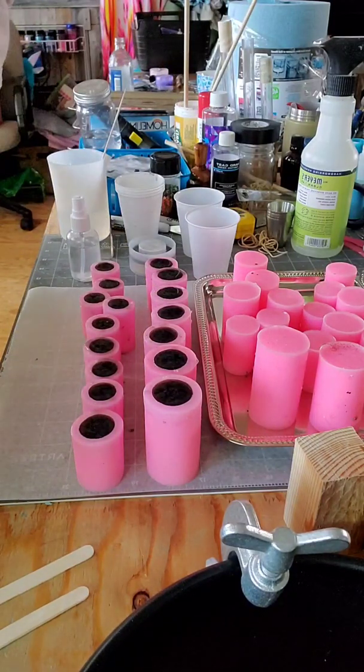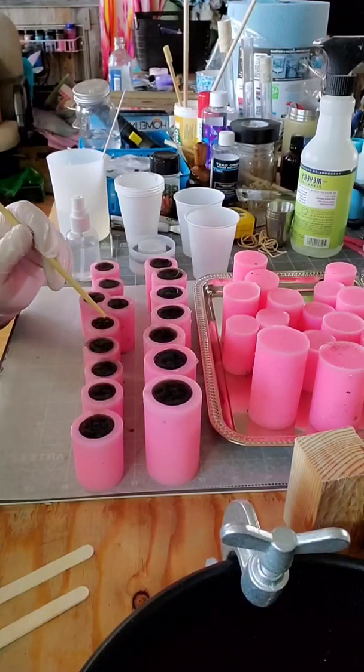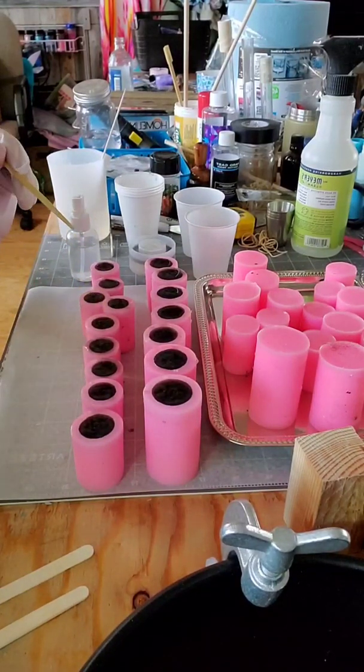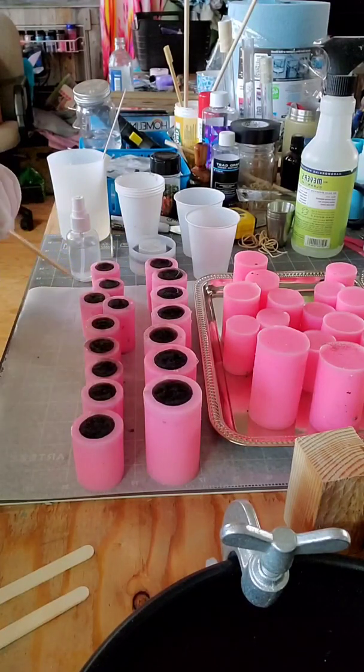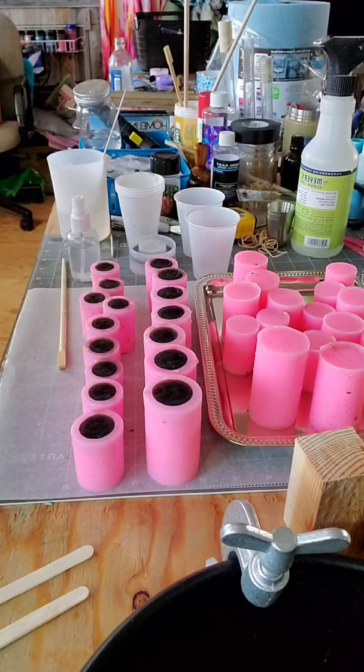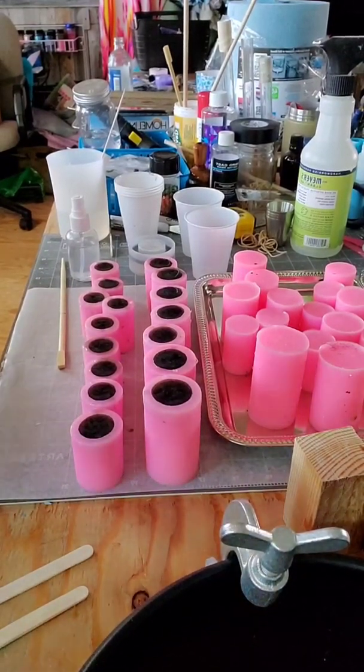I also use chopsticks often. The resin wipes off of them really nice. So if I have any bigger bubbles that the isopropyl alcohol did not pop, I just kind of pop them. And then I'm going to move you a little bit so that you can see how I put them in